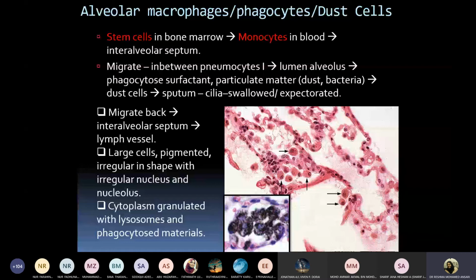Is it microglial cells also? Yes, they are microglial cells. Thank you. So the microglial cells in the brain or in the nervous tissue, as well as the Kupffer